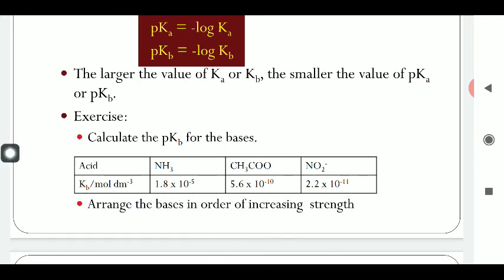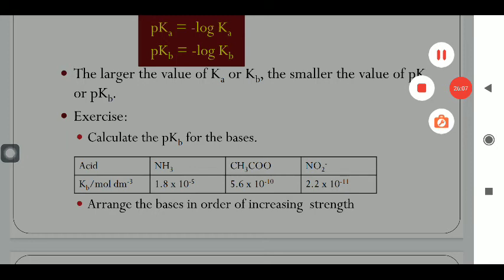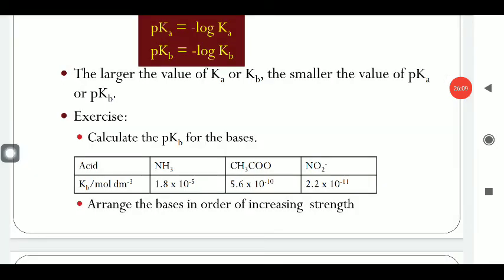Is it clear? These points are very important points of the theory of Lewis acid and base. And for the first time, on the basis of this pH concept, we discussed the strength of acid and base. The remaining content, like the buffer solution, the concept of the common ion effect, and the concept of titration, we will discuss in the next video.